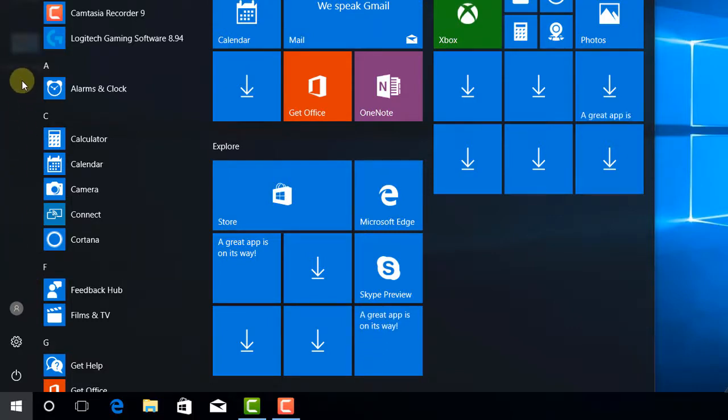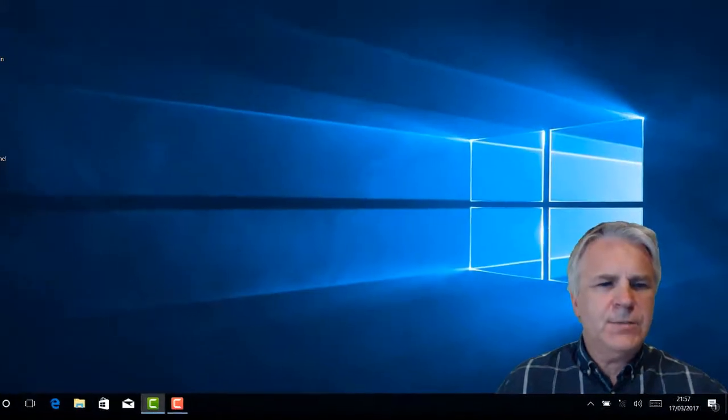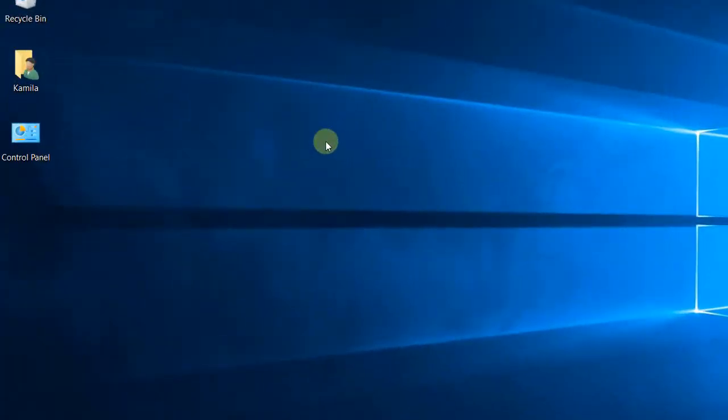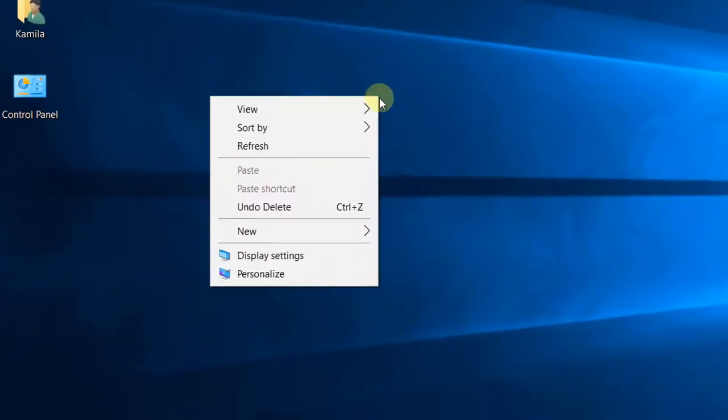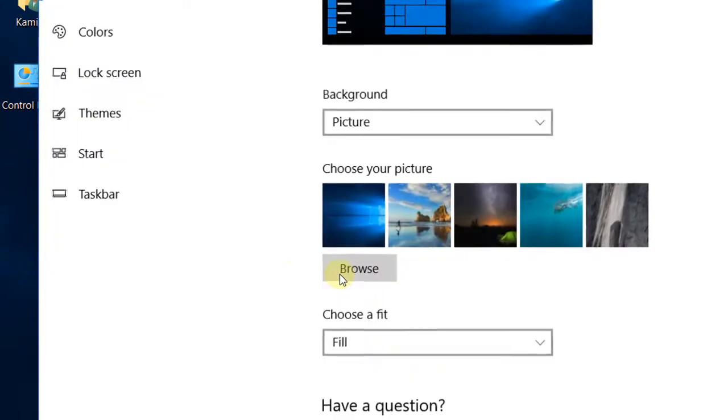For instance, all these folders which you find here, like the downloads, the documents, the pictures, the music. I don't really want to waste real estate here with an icon to get things when I'd much rather do it this way. And the easiest way to do that is to right click, choose Personalize,